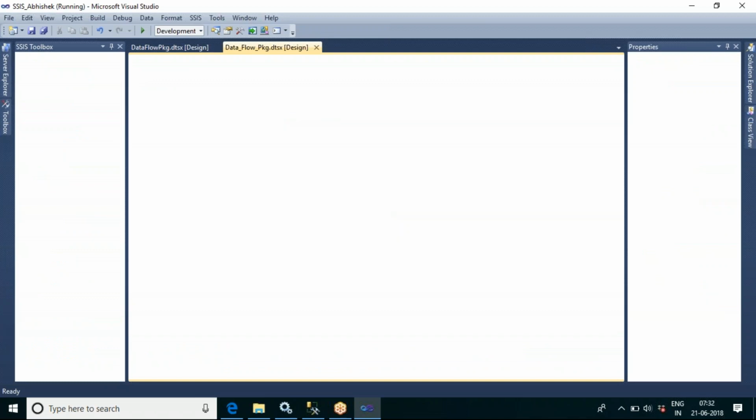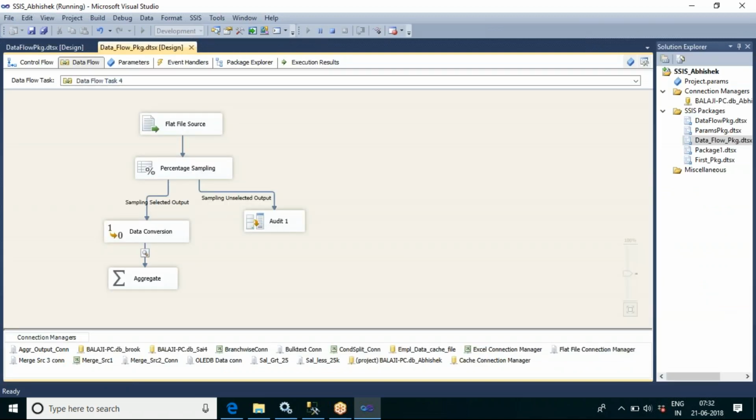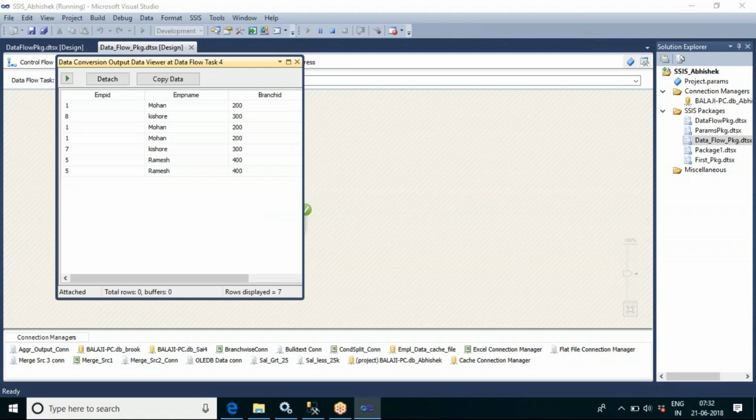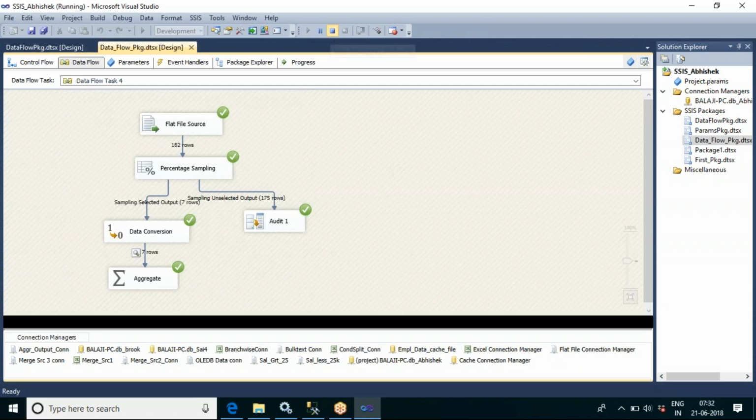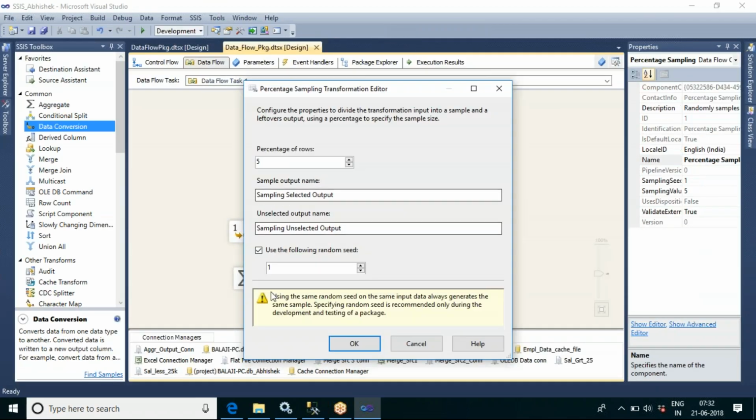Now you can see 181111755. It will give the same set of data every time. So if the testers want to test with the same set of data, we can select this use the following random seed option.